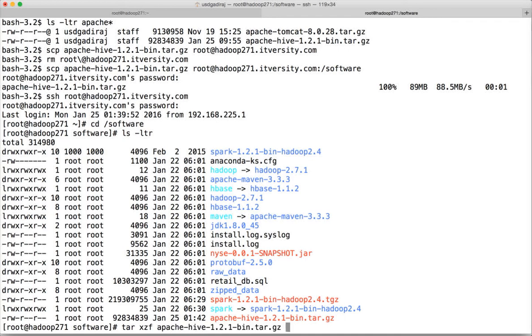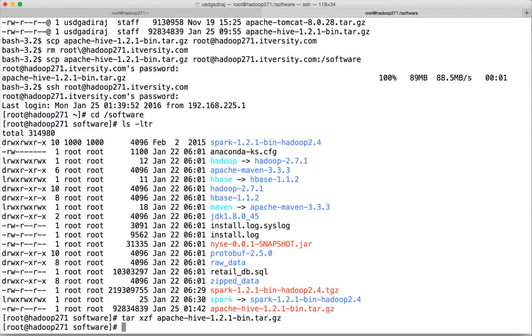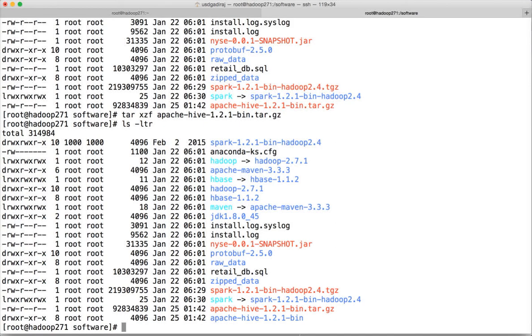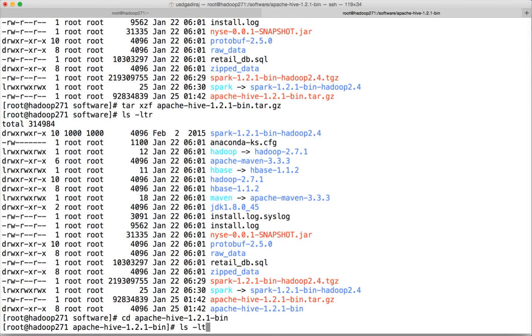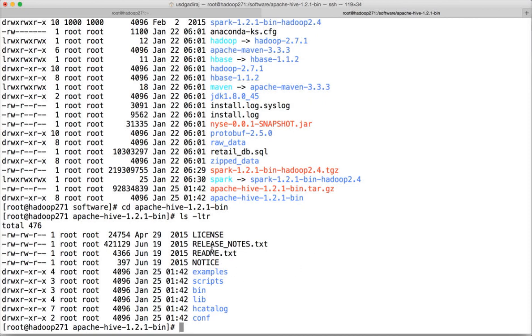If the wget command works, once the wget is done, you have to run this command in the appropriate location. If you follow the same procedure, you should be in the /software location. Copy the tarball over there and then run this command. It will create a directory called apache-hive-1.2.1-bin, and this is the location where you will have all the Hive binaries. And then you can go to that directory, run the ls -ltr command, and then you will see the bin directory, which will have all